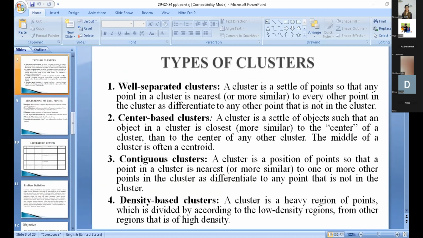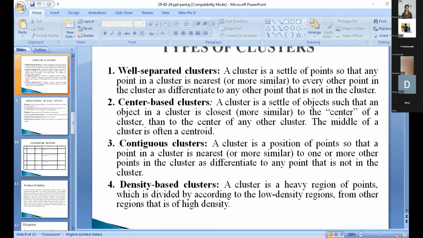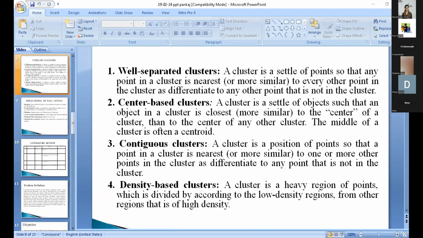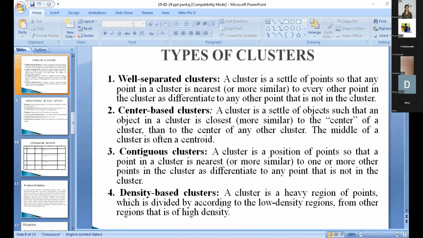There are 4 types of clusters: well-separated clusters, center-based clusters, contiguous clusters, and density-based clusters. A well-separated cluster is a set of points such that any point in a cluster is nearer to every other point in the cluster than to any point that is not in the cluster. Center-based cluster means a cluster is a set of points